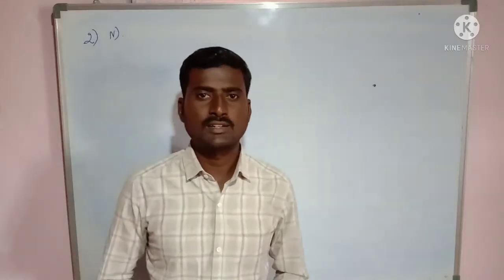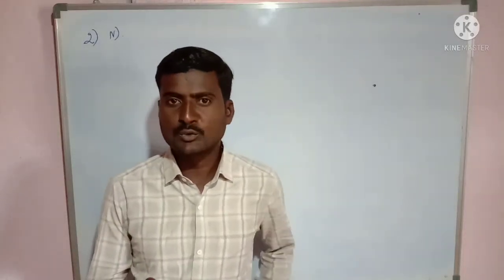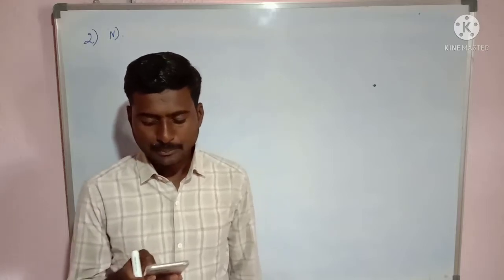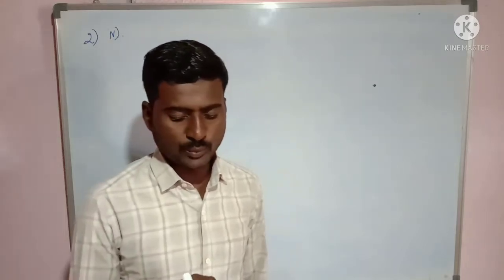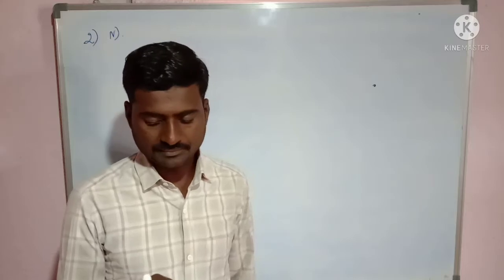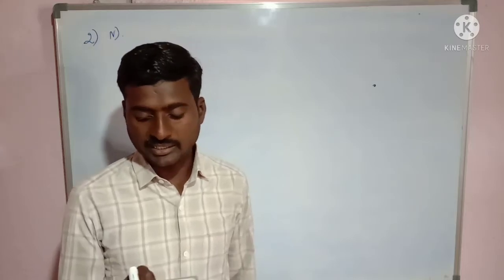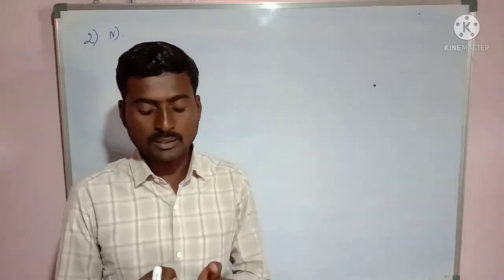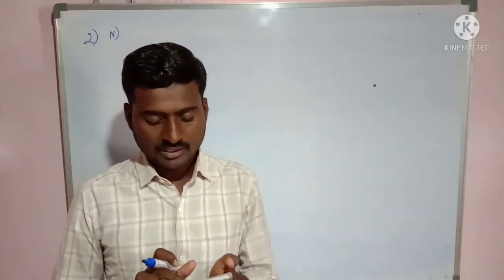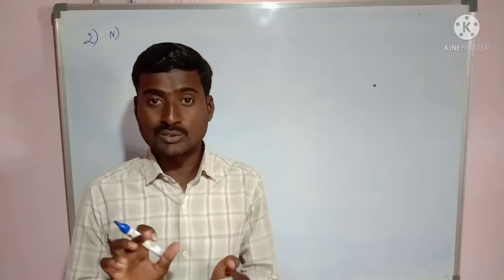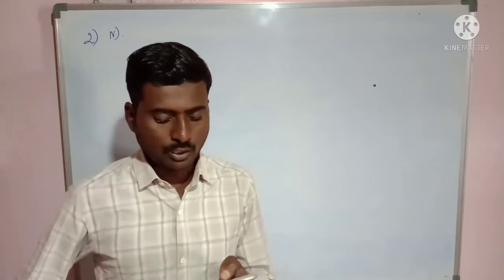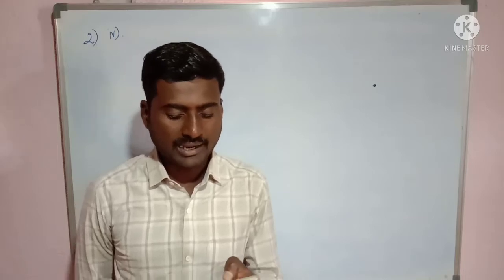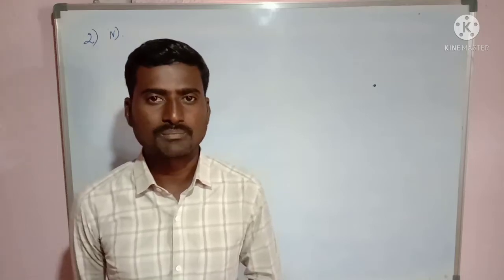Dear students, now we shall start the fourth question in the second domain. You see the question. Meena went to a bank to withdraw rupees 2000. She asked the cashier to give her 50 rupee and 100 rupee notes only. Meena got 25 notes in all. Find how many notes of 50 and 100 rupee she received.